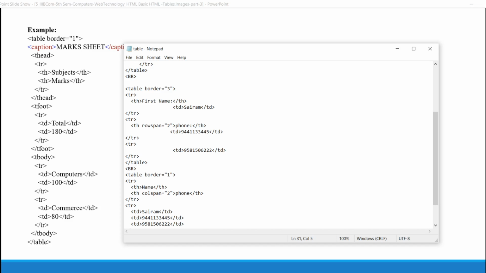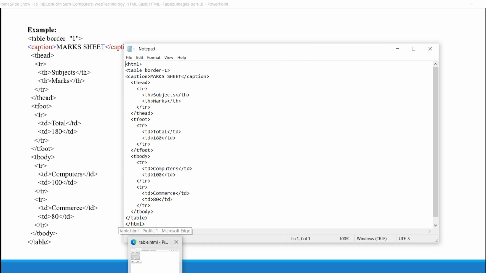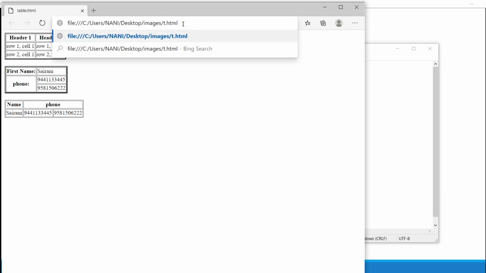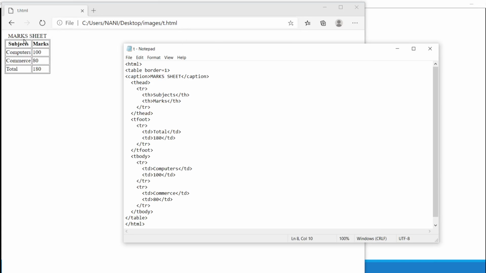Let's run this example. This is our program. T.html. This is the output of our table tag.